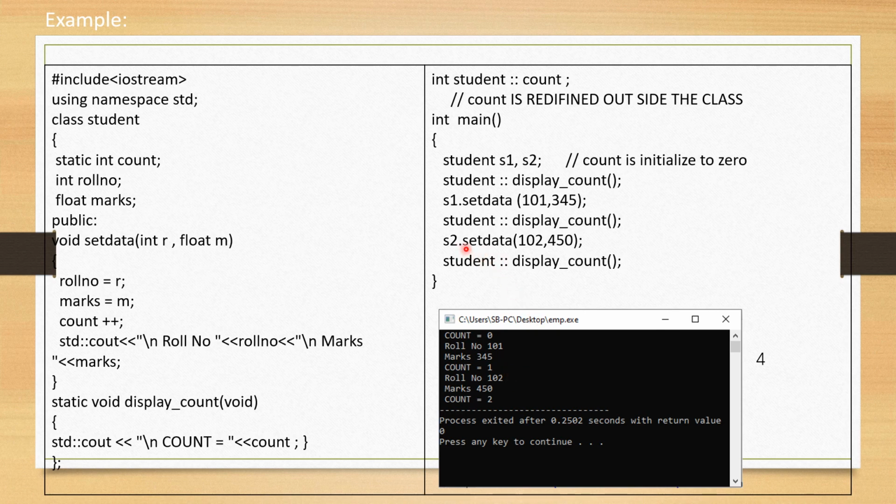Then s2 dot setdata 102 comma 450. The value of r will be 102, the value of m will be 450, and they get assigned to the roll number and marks respectively. And again we call the display count function, and it will display the value as 2.